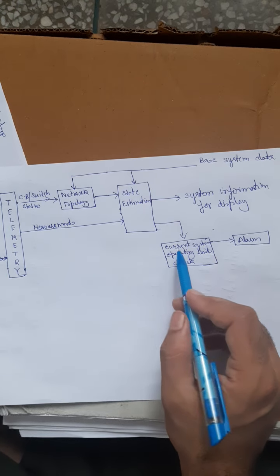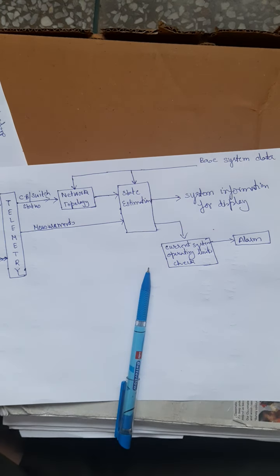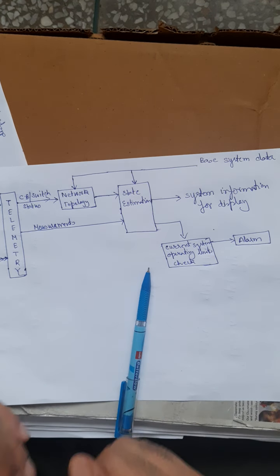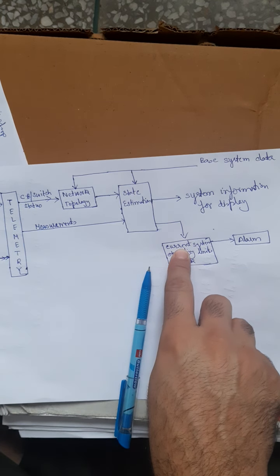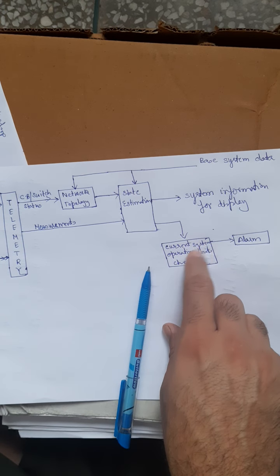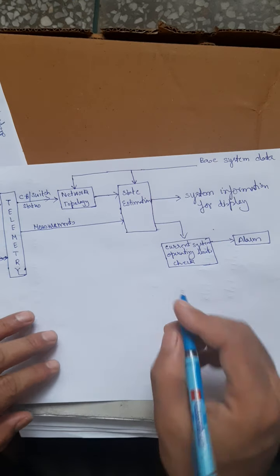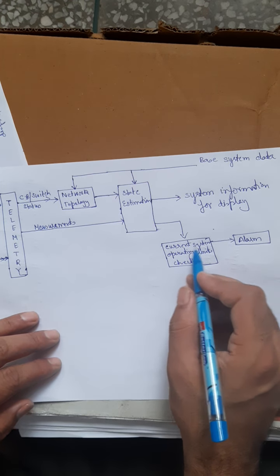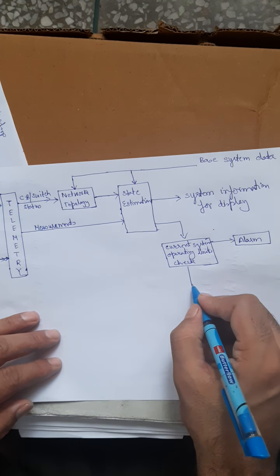Current system operating limits: current means at the present time. It doesn't mean the current I; it means right now, the present condition, instantaneous, at a particular instant. At the present instant, we will check if the limits are violated or not. Okay, so if there is no violation in the system, none of the limits are violated, we will say that our system is operating in the normal state.